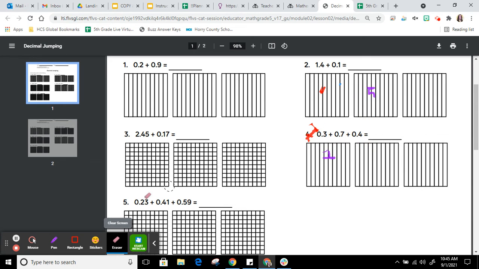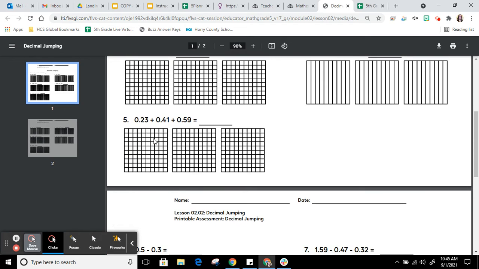Let's take a look at number 5. Number 5 is a little bit trickier because we've got 3 numbers, and not only do we have 3 numbers, we're looking at adding hundredths plus hundredths plus hundredths. 23 hundredths plus 41 hundredths plus 59 hundredths. So let's go back